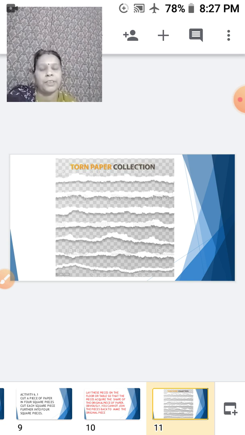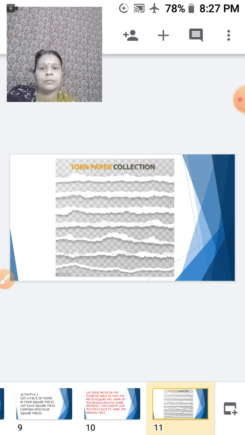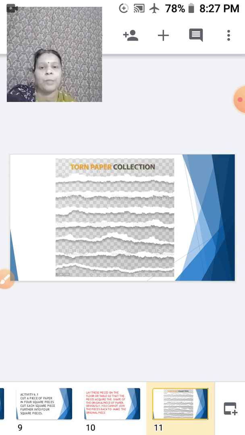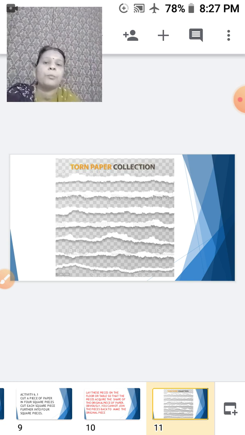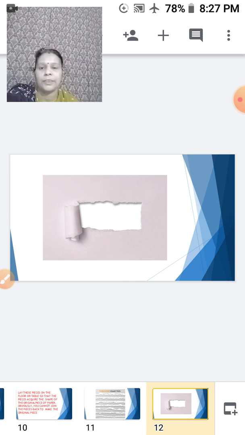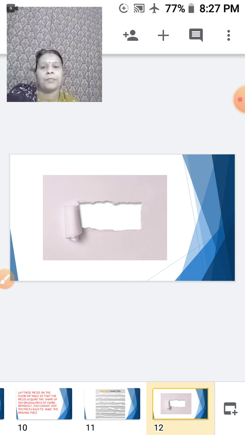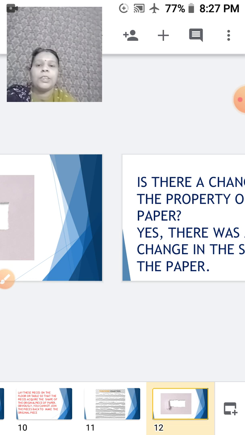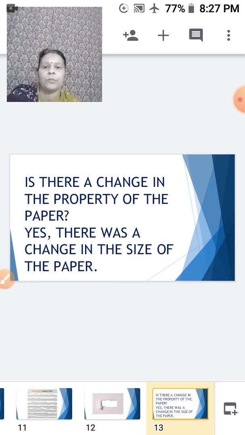Here I have not shown you how they are cut into these square pieces, but here they are torn in a different way. But you can see when these papers are collected and they are arranged to get a paper, that means the original paper. Here you can see from the paper, if I just remove a flap of it and if I just want to again cover it, I can do that. So here these are some of the changes which are taking place within the paper.